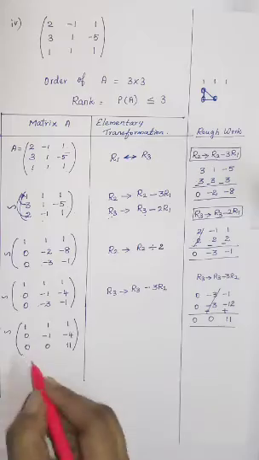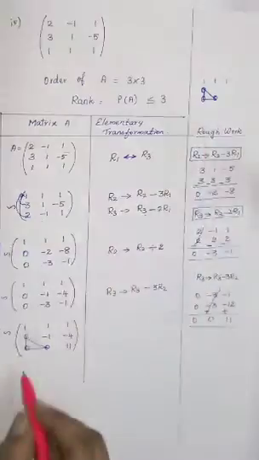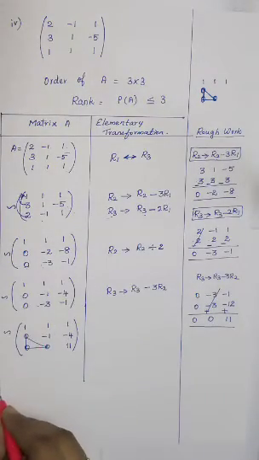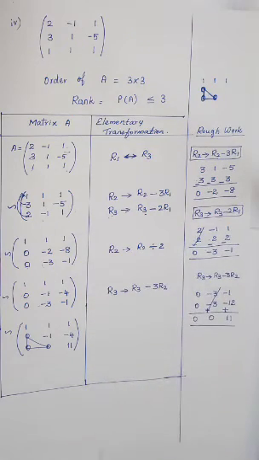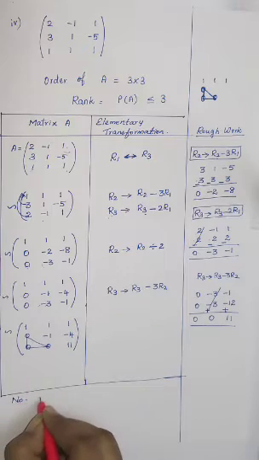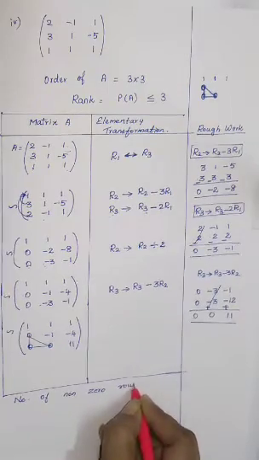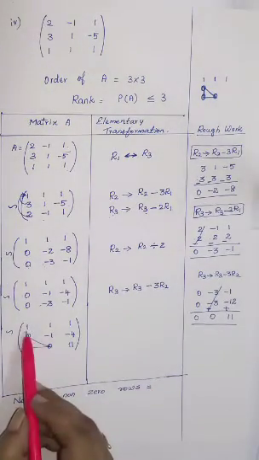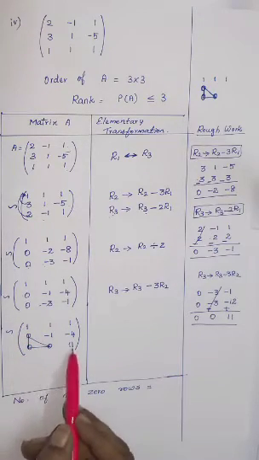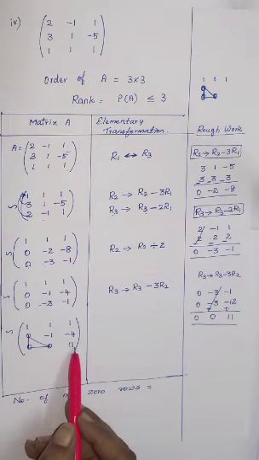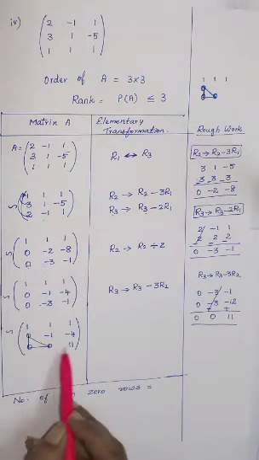So now check whether you got the echelon format, otherwise the triangular format. So we have made all these 3 zeros here. So we have got that zeros. Now you will have to check how many rows are without zeros. Okay, that is non-zero rows, we will have to find it. So number of non-zero rows is equal to, see your first row you have got number. Okay. Even in your second row we have got numbers. Again in your third row also we have got at least one single number should be there. Okay. So this is one row, again non-zero row, this is also non-zero row, and this is also non-zero row.